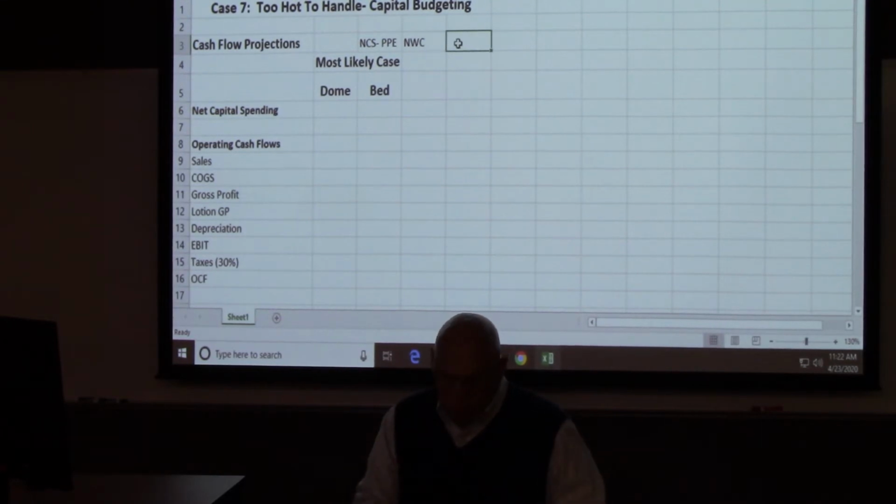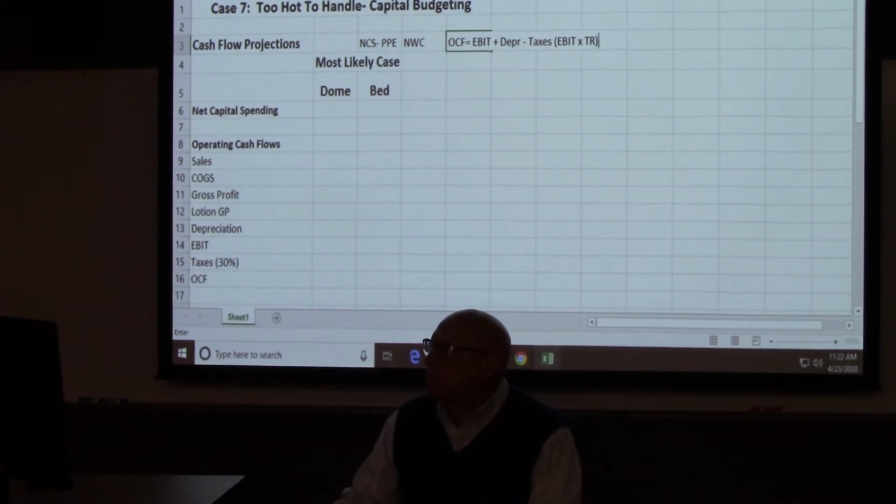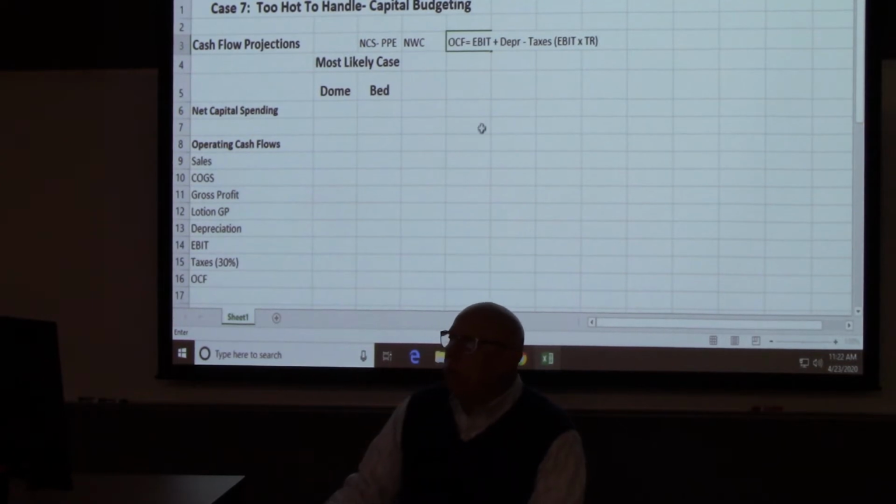And then we have operating cash flow. And operating cash flow is equal to EBIT plus depreciation minus taxes. And remember that taxes are EBIT times the tax rate. Okay? So with that in mind, we go to most likely case and we set up the dome and the